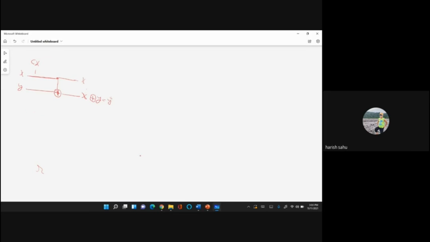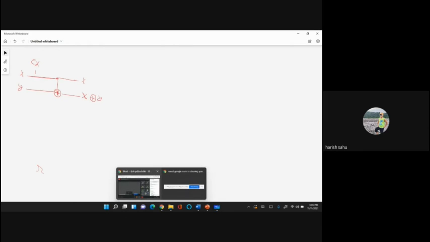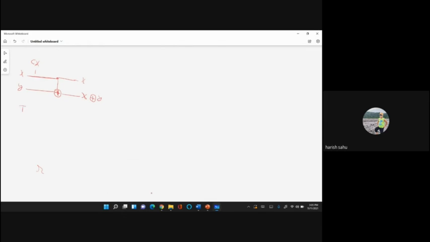Can anyone tell about this gate, the Toffoli gate? Participants? I'm asking about the Toffoli gate, or what we call CCX, controlled-controlled NOT.